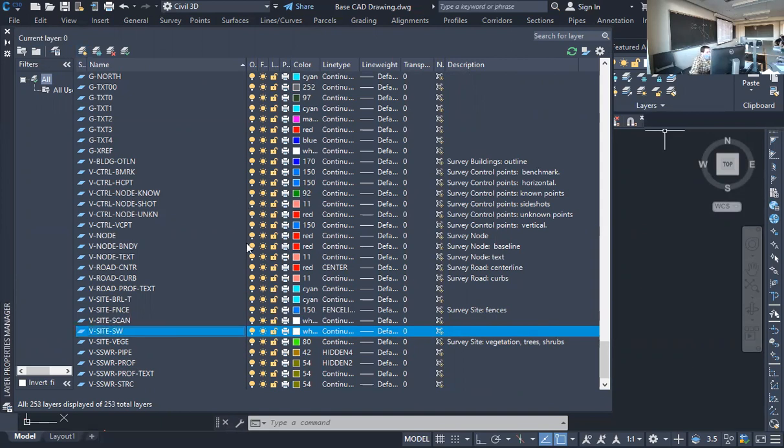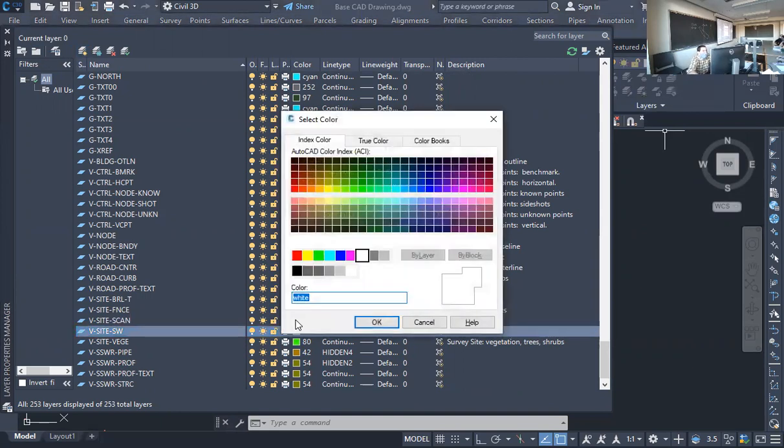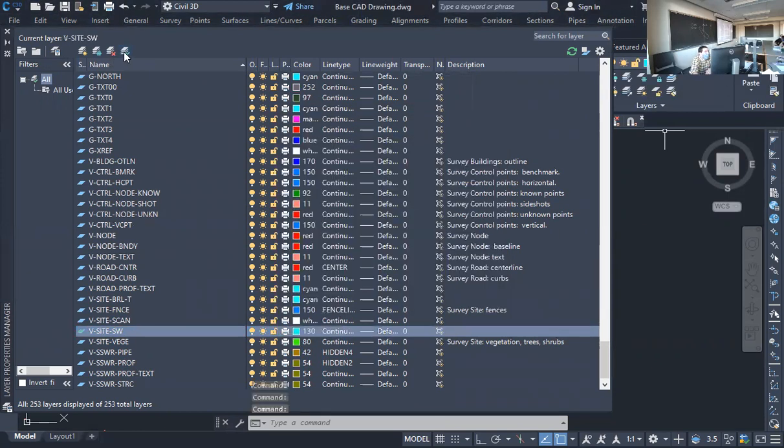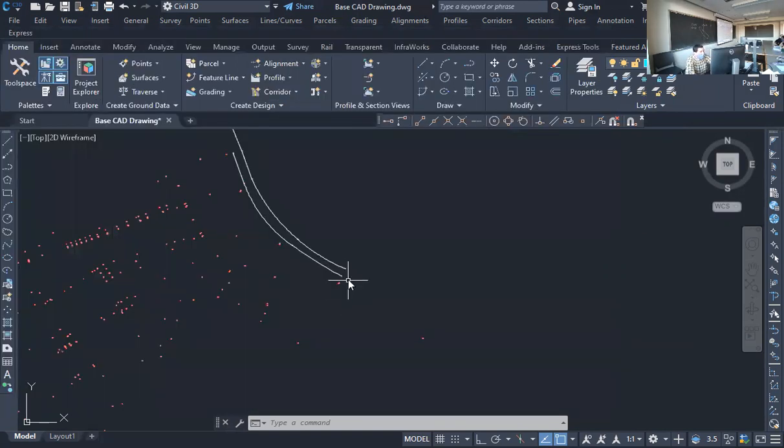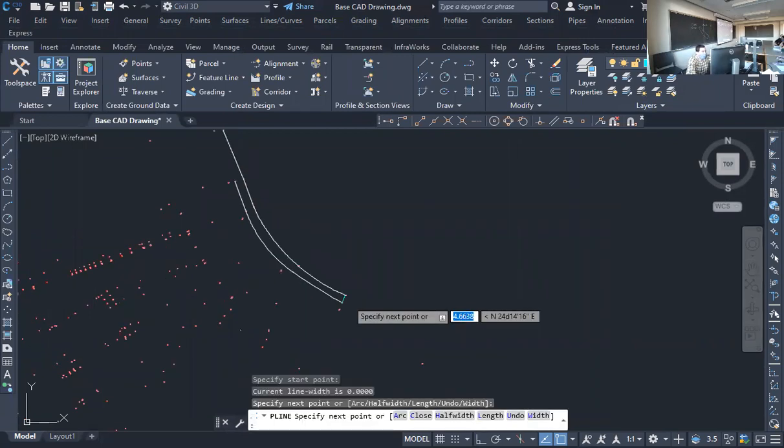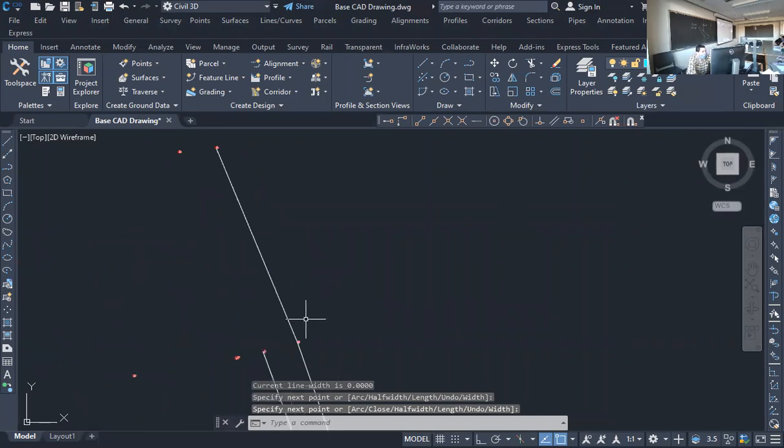So I'm just going to make a layer and call it sidewalk. How about like a bluish color? And I'm going to go up here and make that my current layer right here. Little green check button. So I went and I created a new layer, which is up here along the top ribbon. Okay. And then I'm going to close that. Now I'm going to do a polyline from this endpoint to this endpoint. And then from here,